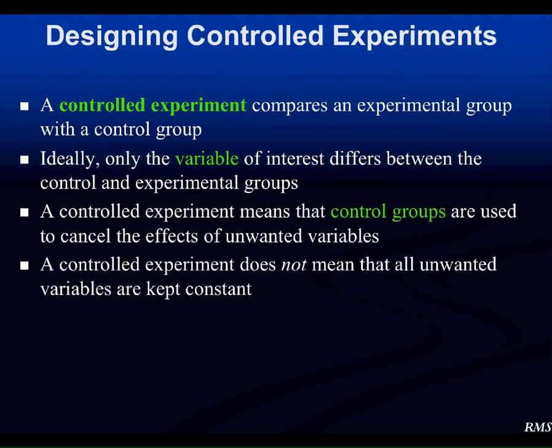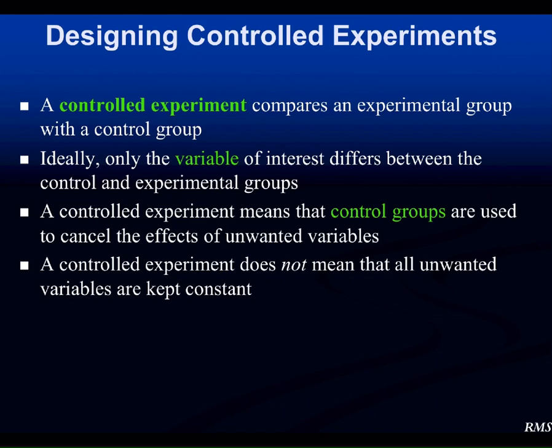So in experimental design, you're going to typically be doing a controlled experiment, and that's where you compare an experimental group with a control group. And ideally, there's going to be a variable of interest that you're going to change. And that variable of interest is something I want you guys to identify. So when you look at an experiment, you should be able to tell me what's the control group, what's the experimental group, what's the independent variable, what's the dependent variable. And these are terms you're going to learn in lab. And once again, you'll have a homework assignment for lecture